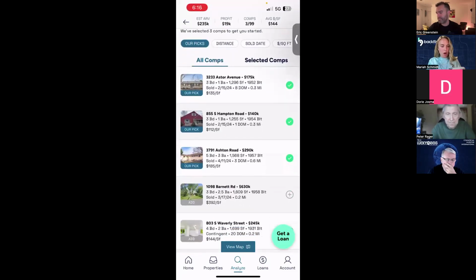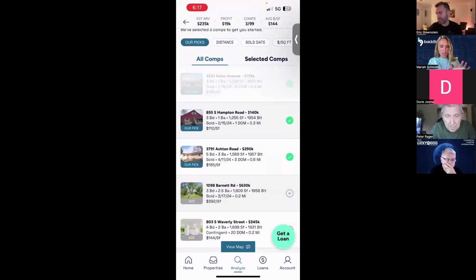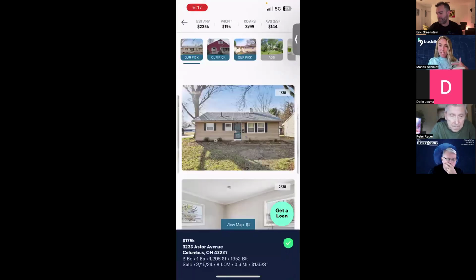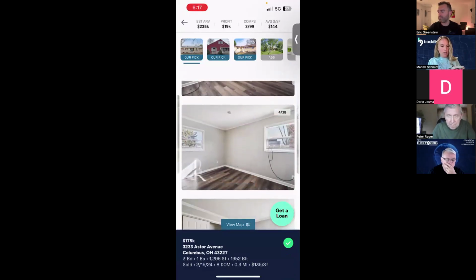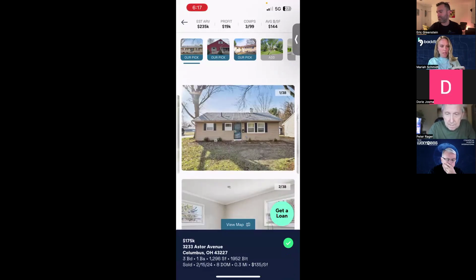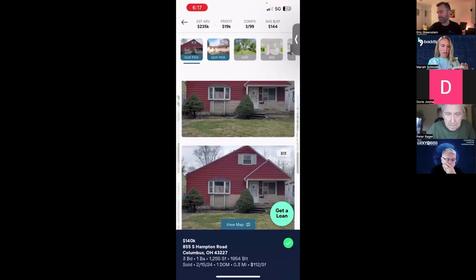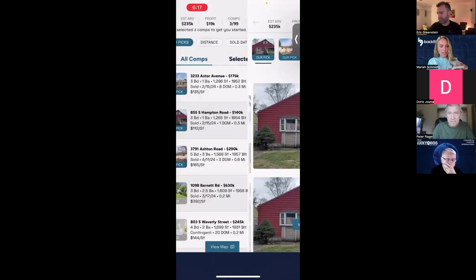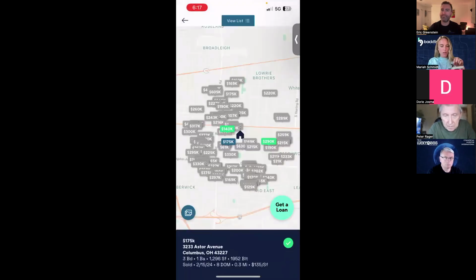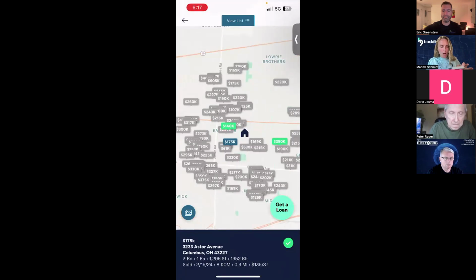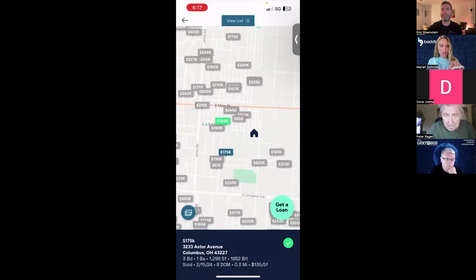So these are the 3 comps that it's pulling. And what you can do is you can actually click into each of these and take a look at it to see if it's a relevant property. You can take a look at the pictures. You can look at these other comps as well to see if they're relevant, and really take a deeper dive. You can also look at this view map feature so that you can actually see on the map what are actual relevant comps, and you can see within your area, okay, maybe there's a highway, so that's not a relevant comp, or maybe there's a park, so it's closer to the park, so it's going to be a higher